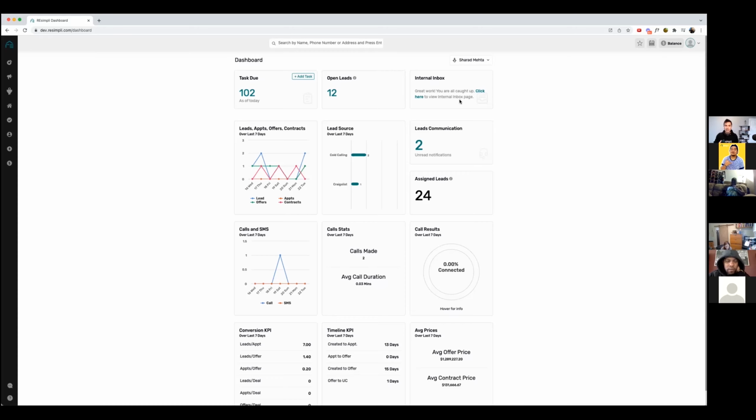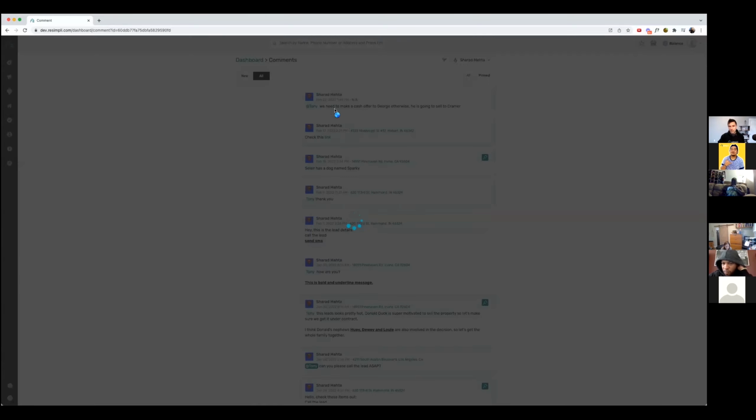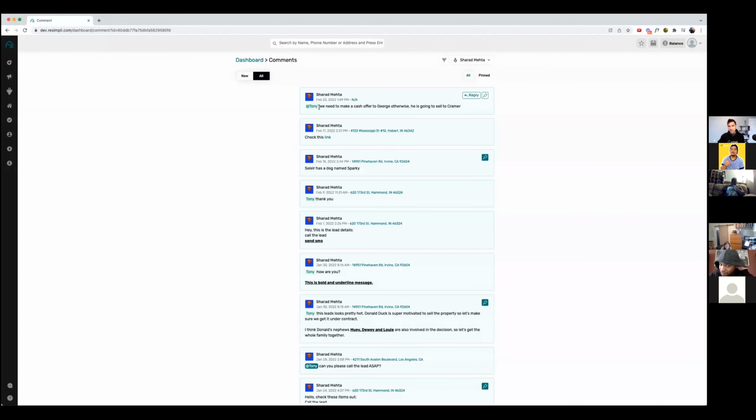Internal inbox is if you have somebody from your team message you internally, it's going to pop up right here. I don't have any messages in my account, but it'll pop up something like this. For example, for this property, hey, we need to make a cash offer to George, otherwise he's going to sell to Kramer. So I can click right here. It'll take me to that